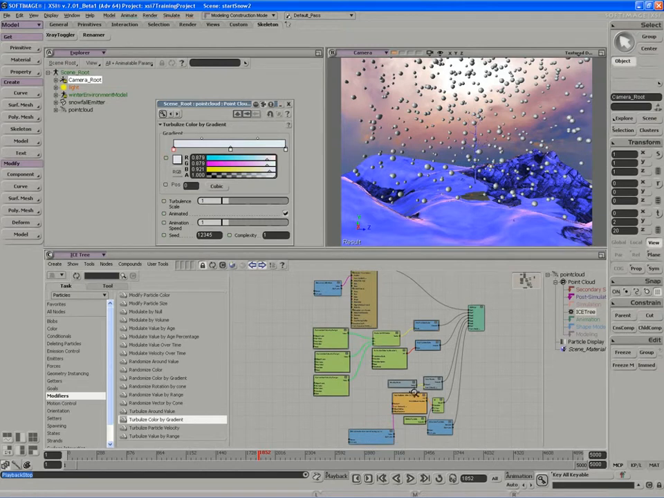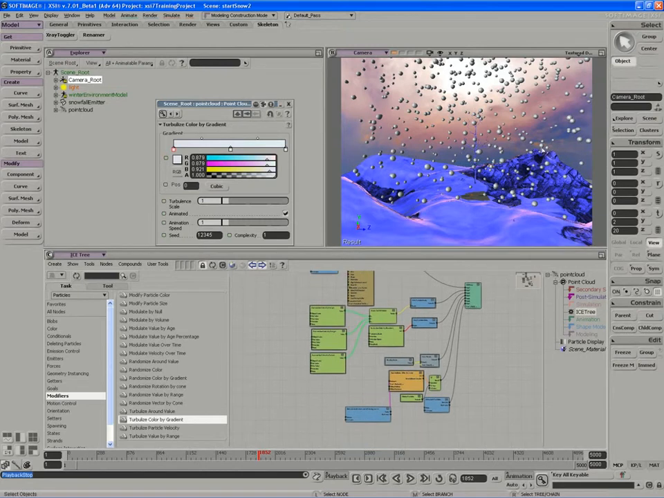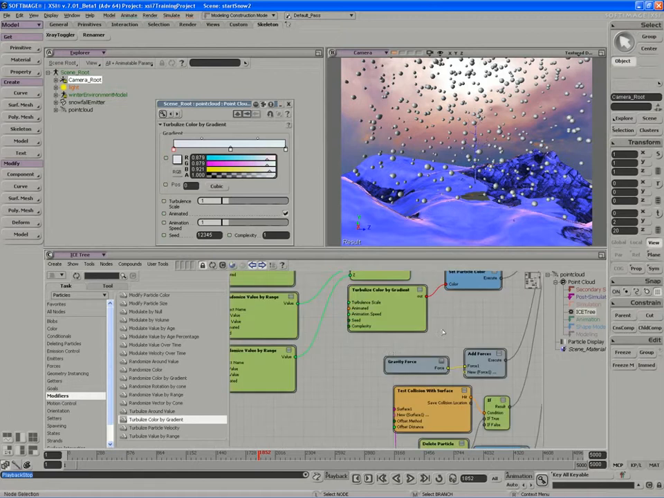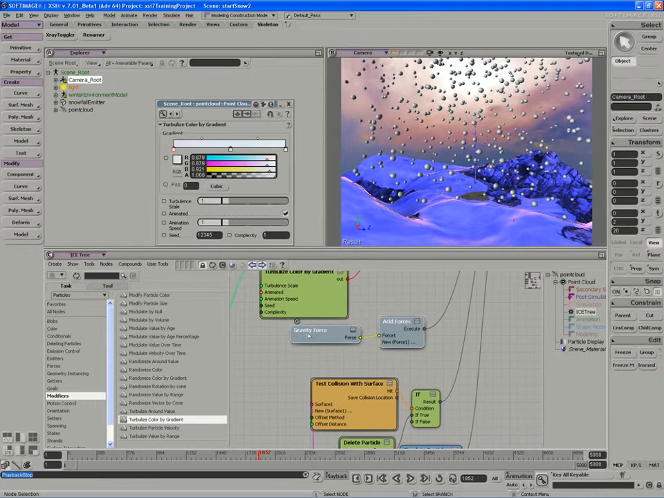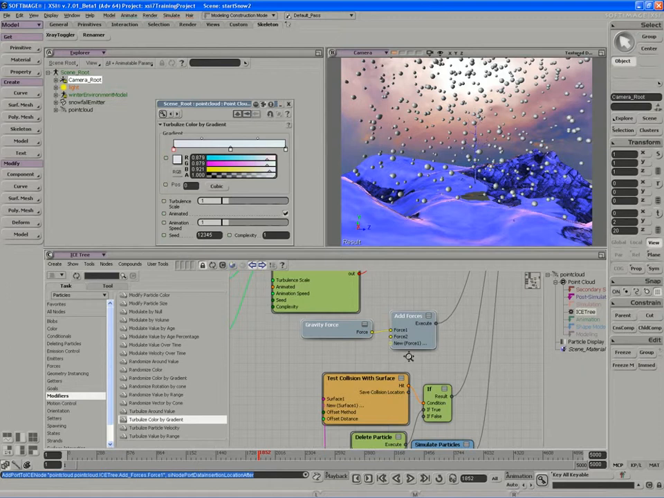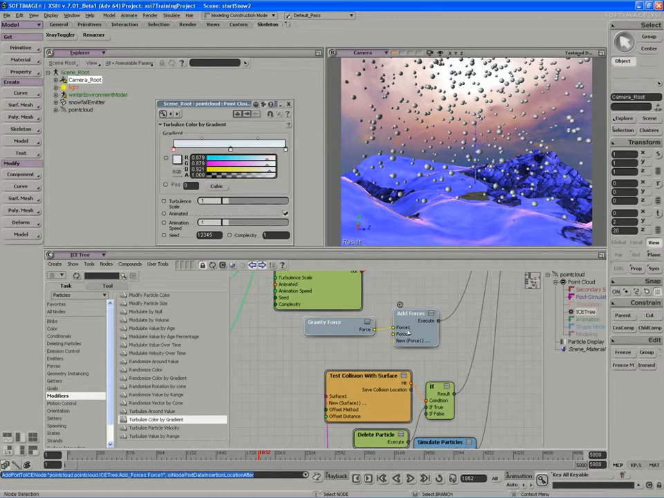Our next task is going to be to add some random motion and turbulence to the movement of the particles. If you look under the add forces compound, we have the gravity force driving the add forces vector. It's the only one controlling the movement of the particles. In this case, if I right click and insert a new port, so I now have a gravity force with